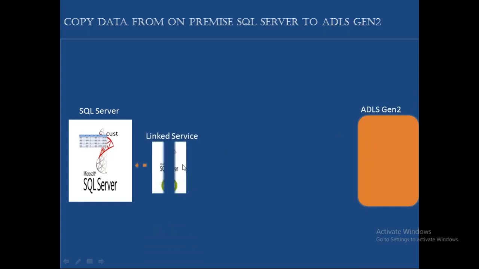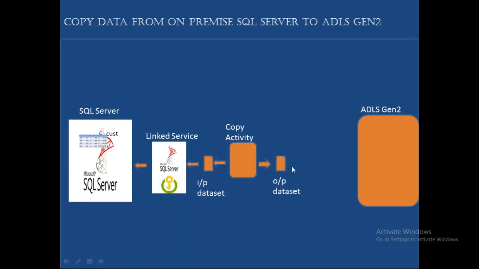create a linked service to the on-premise SQL Server. But this time when you are creating the linked service, what type of IR are you going to select? We are going to select the self-hosted IR. Next, I'm going to create the input dataset, which points to this table. Then I want to copy data into the cloud, so I will use the copy activity. Then my output dataset, this is my output data